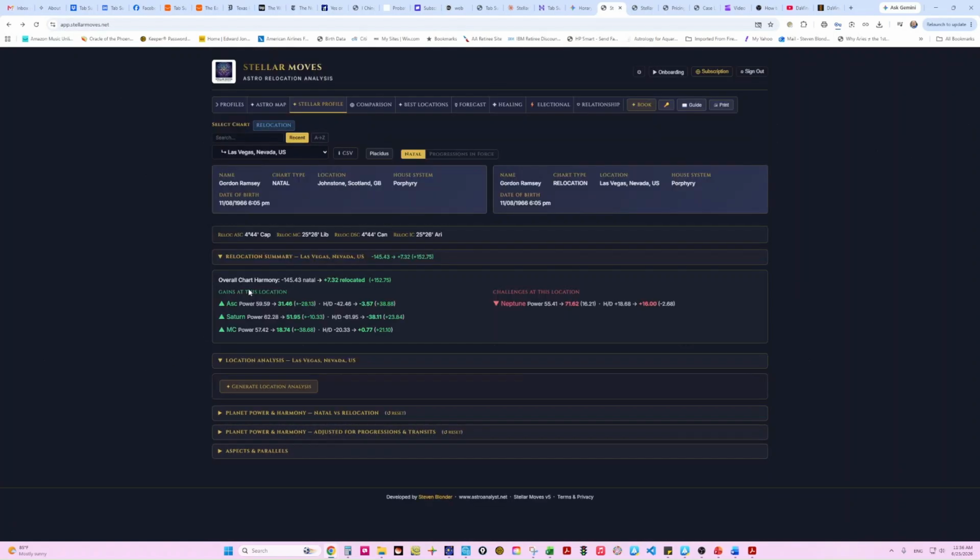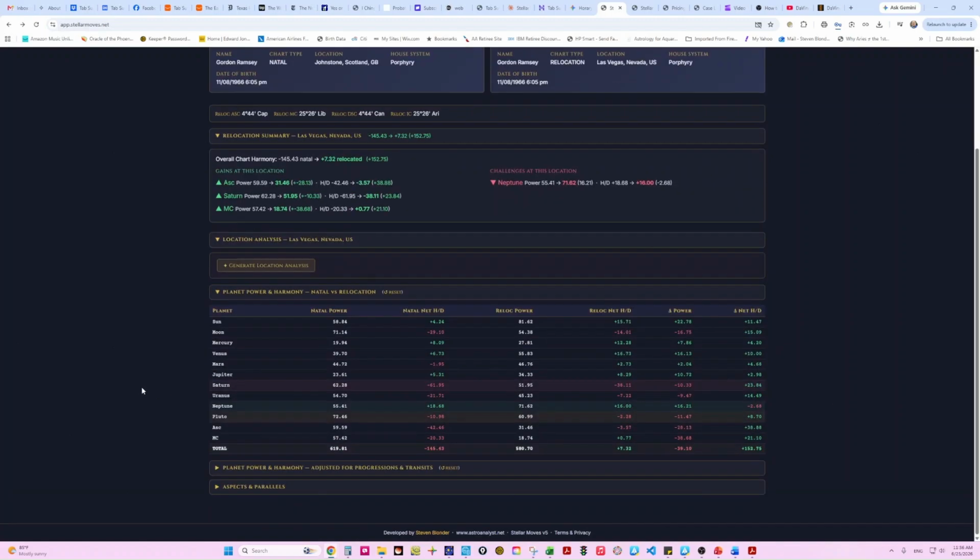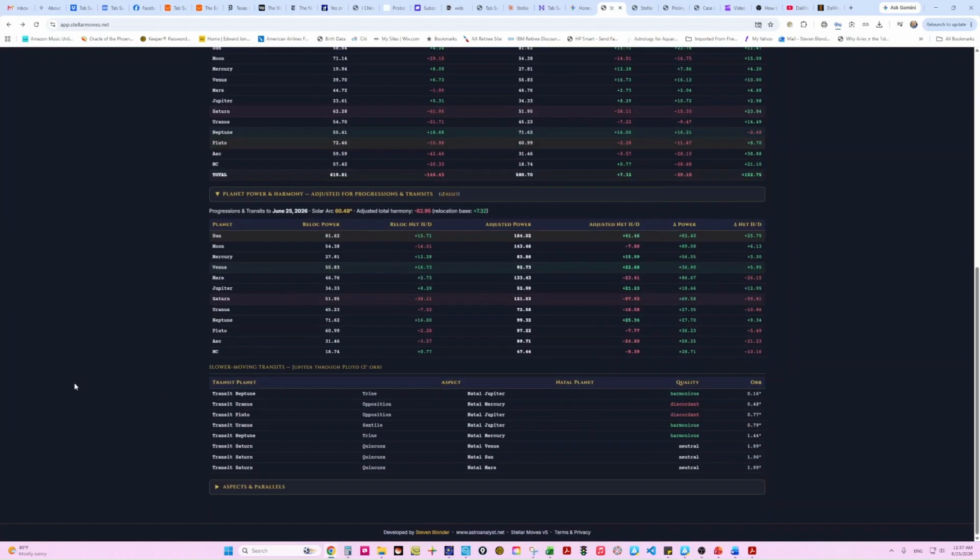You can collapse that reading, and you can look then at the comparison between natal power at his birthplace and relocation power at his new place, what the net power score is, you know, how much is it improved in power, how much is it improved in harmony and discord. And you could see Vegas really improved his harmony scores considerably, as well as his power scores in certain planetary combinations. You can look again at the signs and